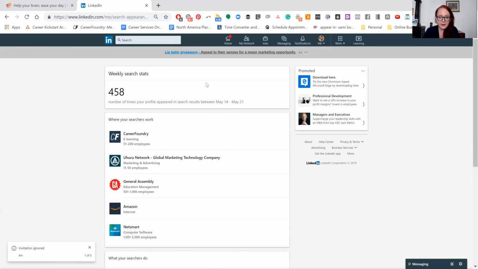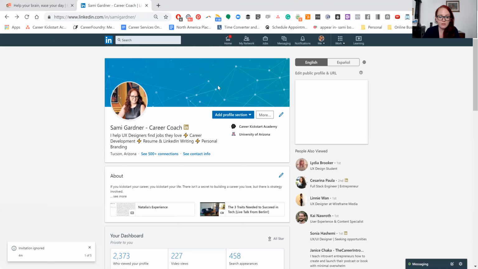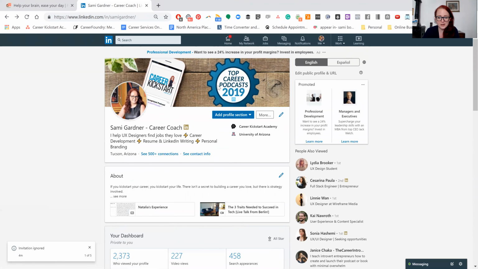That's a higher level strategy, but if you're ever wondering why you're getting a bunch of weird results or weird messages from recruiters or irrelevant, even if they're relatively normal, it's because your profile is not optimized. Now that I've given that disclaimer on what you really need to think about when you're creating your profile is keeping the keywords in mind. If you are a job seeker, those keywords are the difference between an inbox full of spammy, irrelevant messages from recruiters or having messages that actually could push your career.